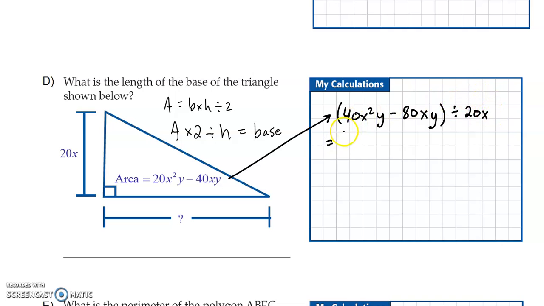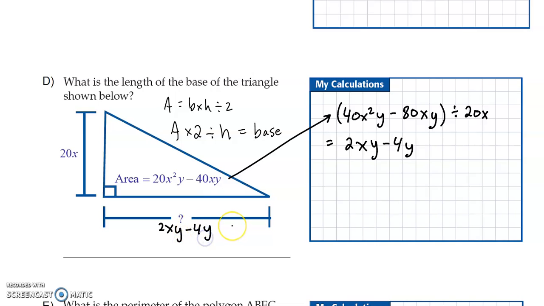20x divided from 4x squared y. 40 minus 20 is 2. x squared divided by x is just x. And y, well, it's just the y. Nothing to divide there. 80 divided by 20 is 4. The x's are going to cancel out. And y. And so basically, this is going to be